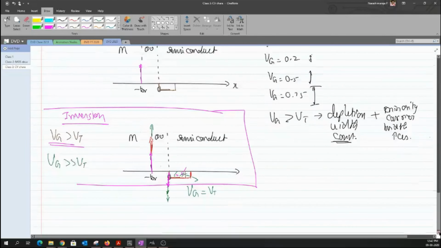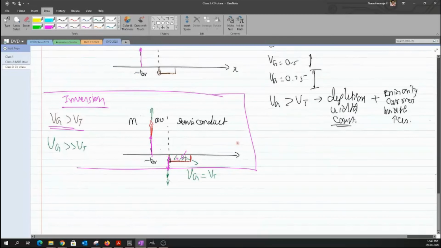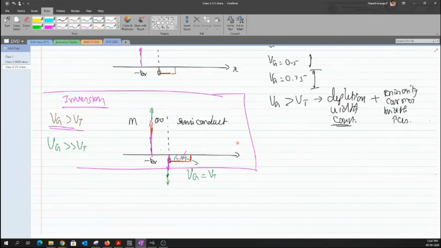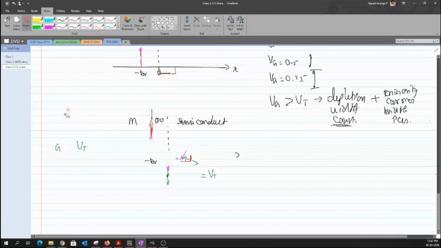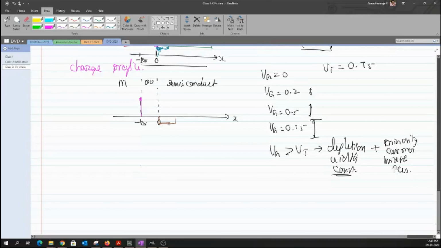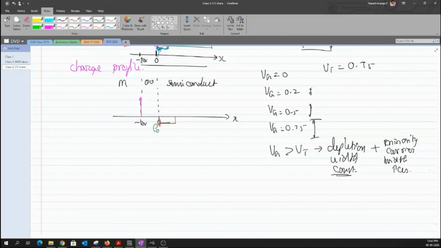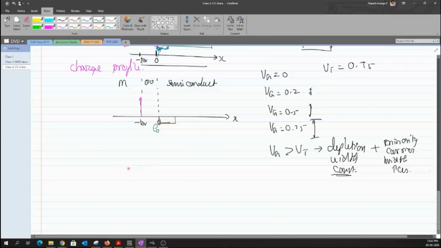Yeah. So now, anyhow, this entire discussion is just to bring some sort of familiarity with the concept that you have learned. Okay, but we are not going to address this inversion. Okay, I'll just remove this, and I just want to draw something. Okay, so this is my charge profile that I have, and it has some sort of depth. So maybe the amount of charge that I have here can be written as something like rho naught, and I will not put all the expressions here. Okay, if you are interested, later we'll see it. But I just want to bring out the other profiles. Okay, one is the electric field profile, the other one is the potential profile.